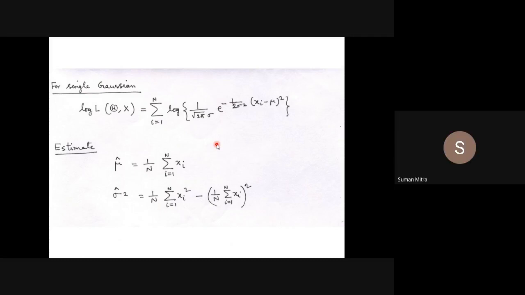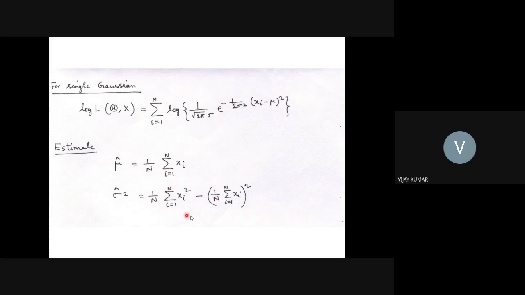Then what are you getting? This is the ideal equation, sir. This equation we will get. So what we will be getting: mu hat is this and sigma square hat is this. So what is this one? This one is the data sample mean. Not population, this is the data sample. Sample mean.